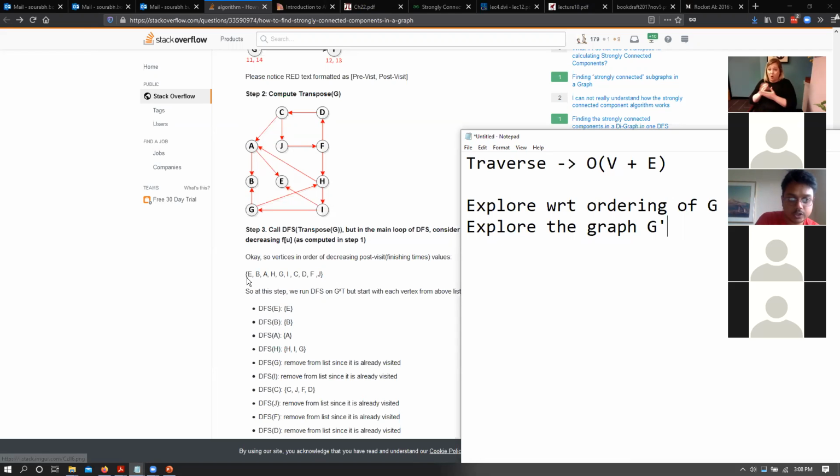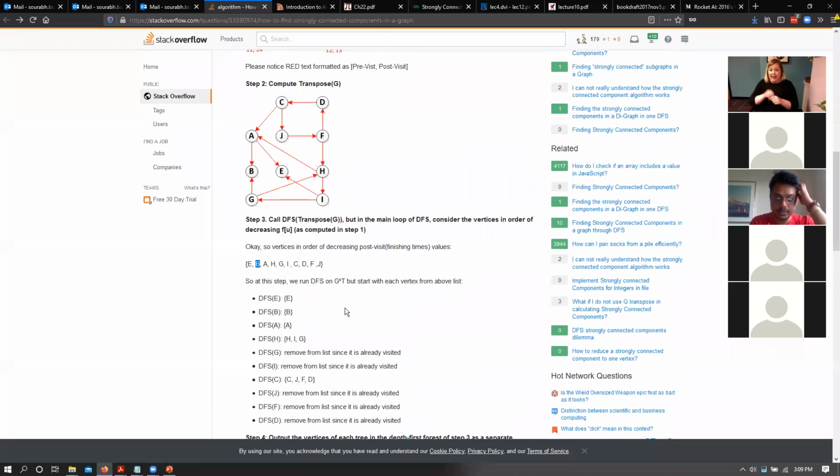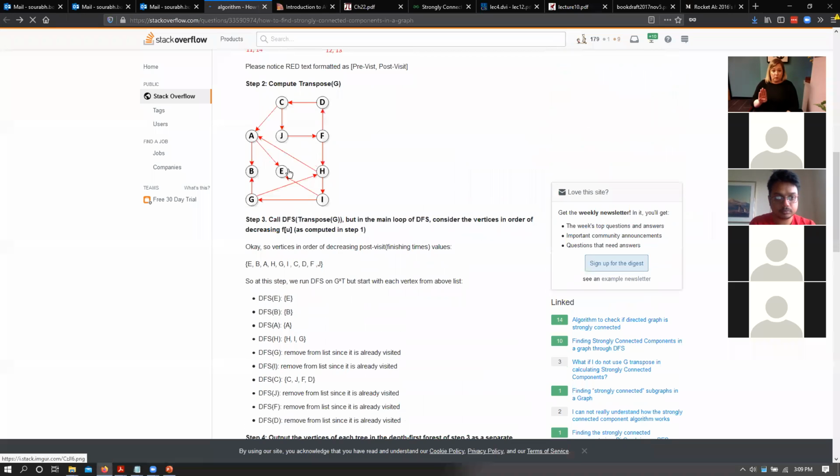Okay, so we first explore E, and in this graph, we see that E is a standalone node. So that gives you one particular node done, nothing to explore here. So we have one strongly connected component. Now we delete E from this entire graph. E does not exist anymore. Then we move on to the next thing to cover. So in that scenario, this is node B, right? So for node B, we are basically going to, let's see,